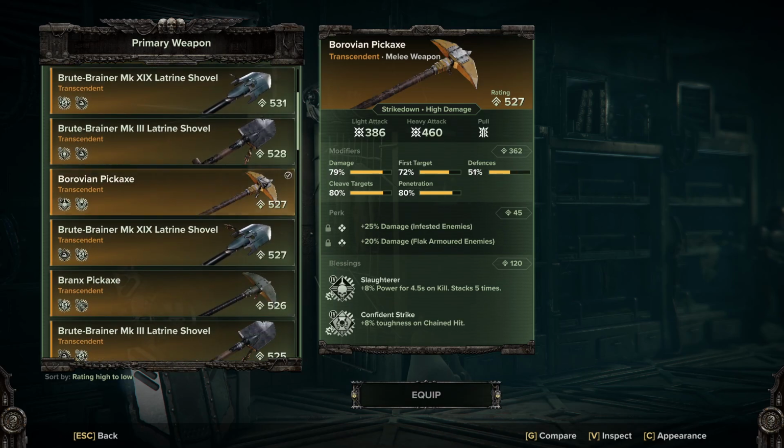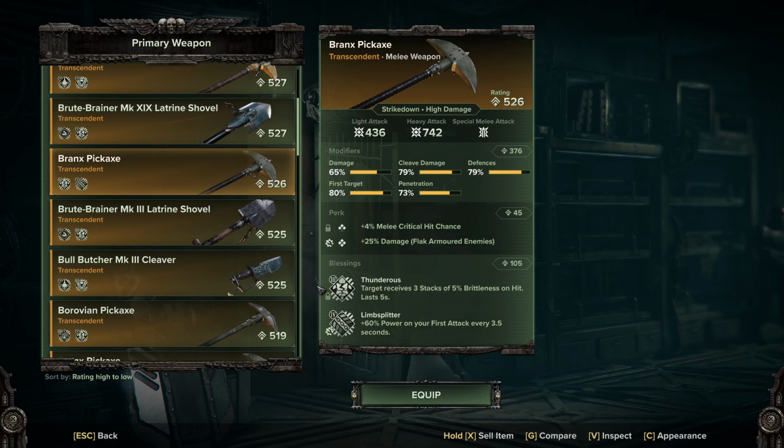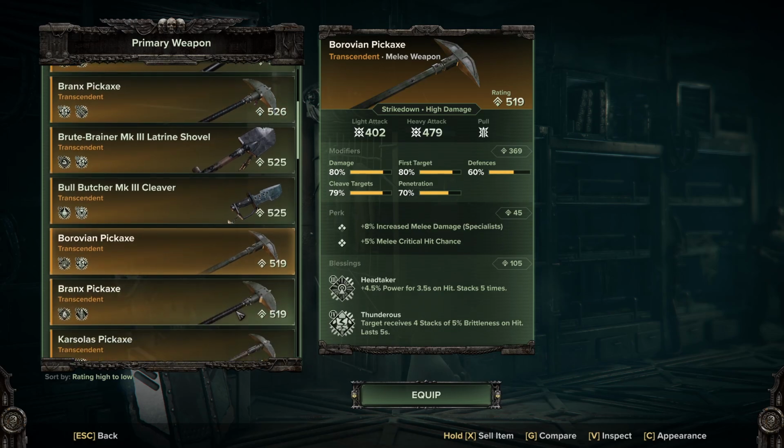I don't think I've actually got one with Thunderous on it anymore. Actually, I should do somewhere. Oh, there we go, Thunderous. It's a good ability. I mean, it's not quite as good as Head Taker or Slaughterer, but it is putting down 20% brittleness on a target. So your first strike isn't going to be as strong, but your second one is going to be a lot